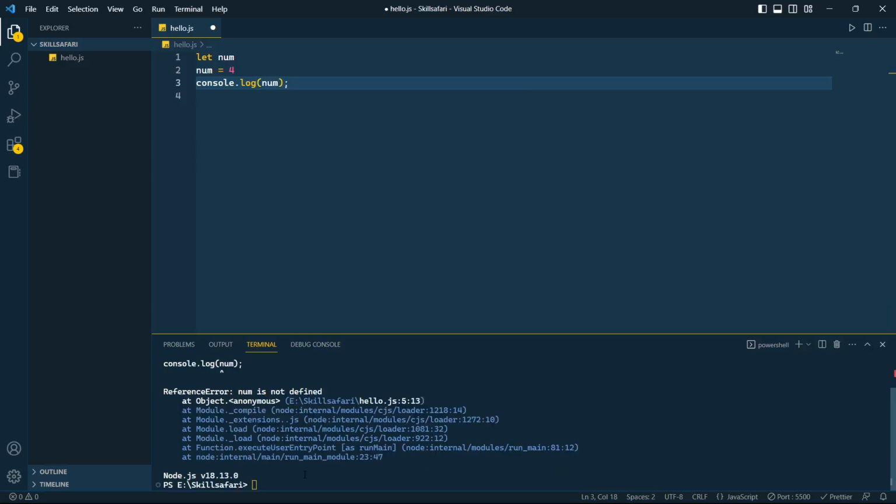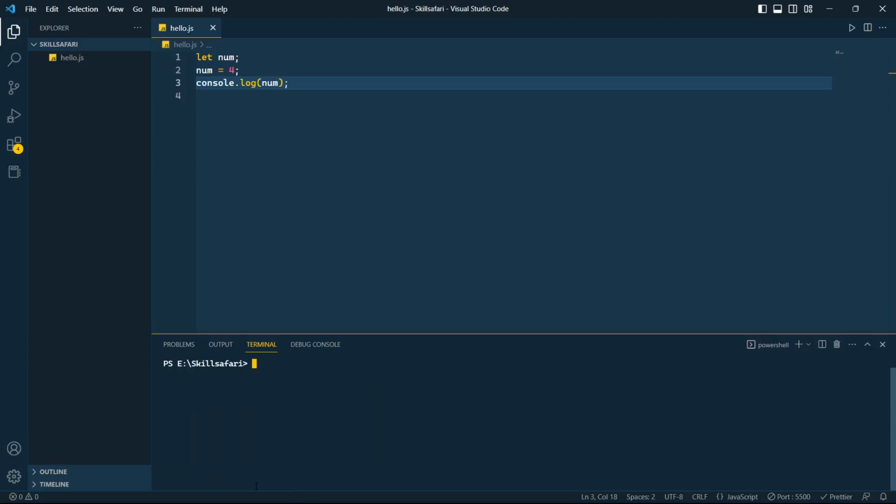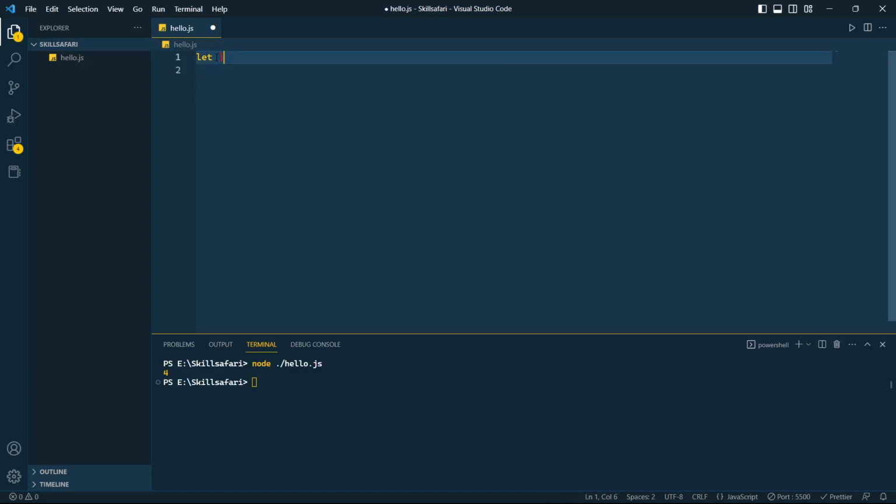Yeah, it is showing the 4. But it is not the case with const. If I define the const like this,